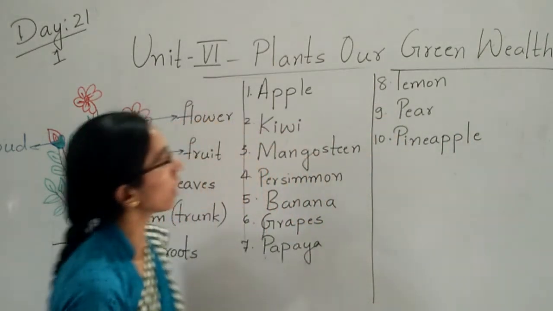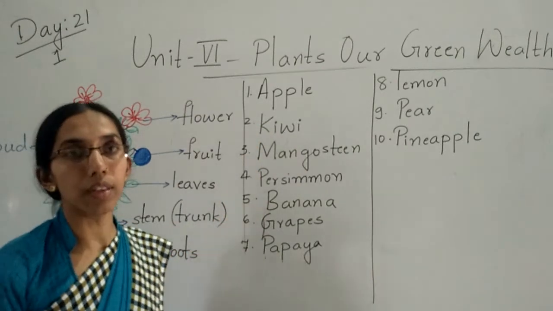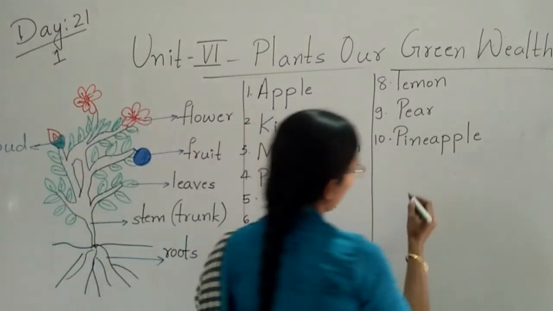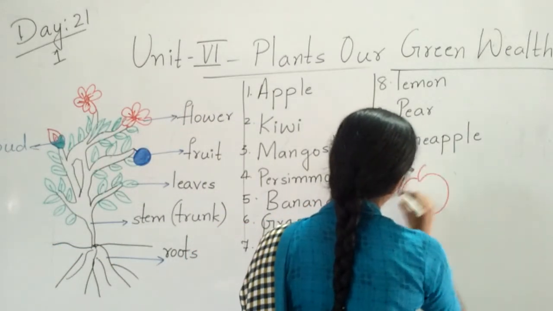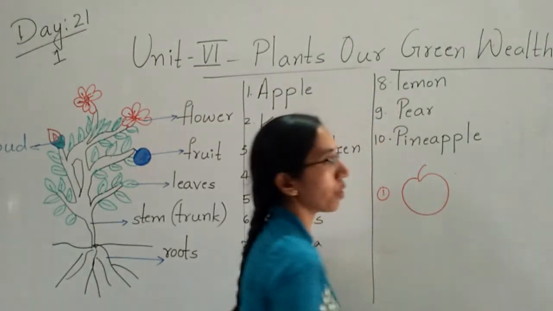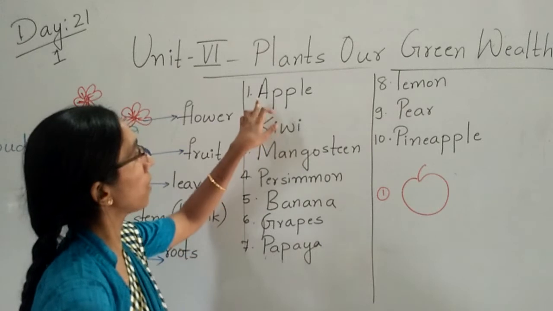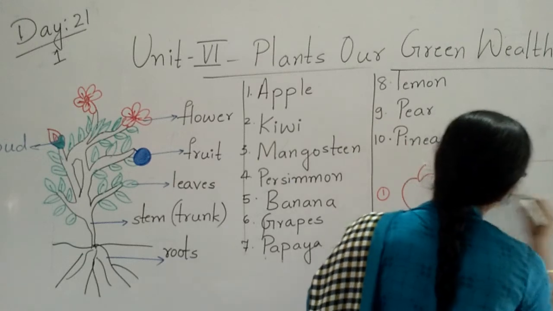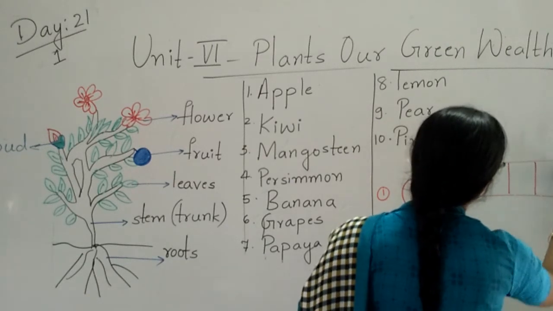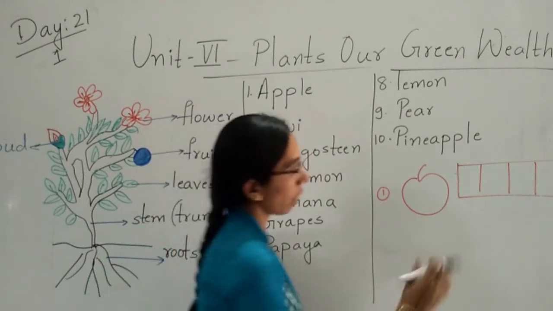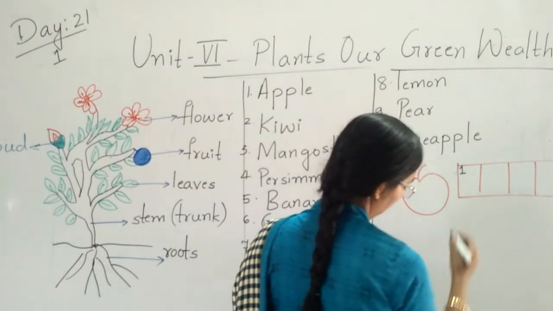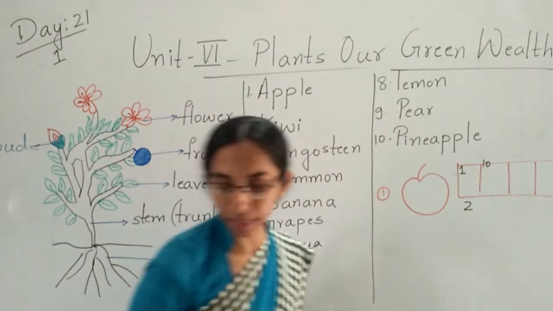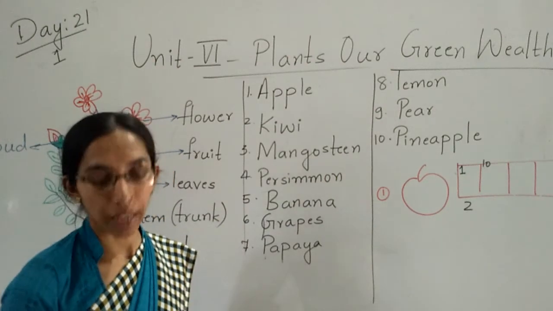So children, I have given the number also side by side just to see the images and the number. For example, if the first number, I have given here number, so which fruit is it? Apple. So just see here, first number is what? Apple. Then write in that given column. In the column also I have mentioned the numbers, like 1, like 2, then 10. Like this I have mentioned the numbers also.